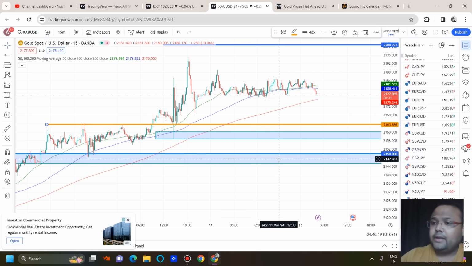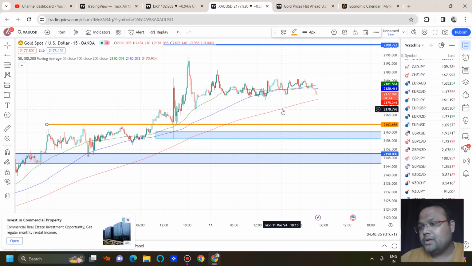And if you're still holding a buy, you can stay on the trade, because further upside is still very much possible. The market is still very much bullish. And if gold breaks the 2200 level, please try to go with the trend of the market instead of looking for reversals, because in the coming days, if gold breaks 2200 successfully, gold will be heading towards the 2250, 2300 level.